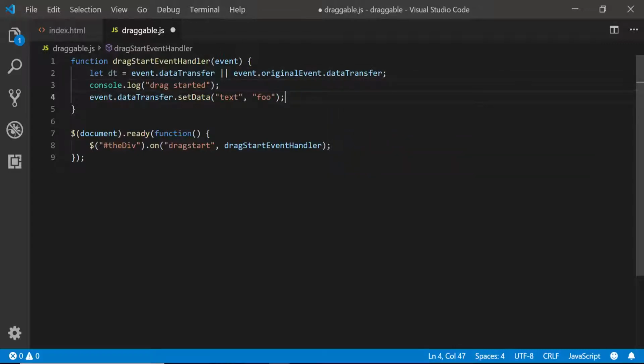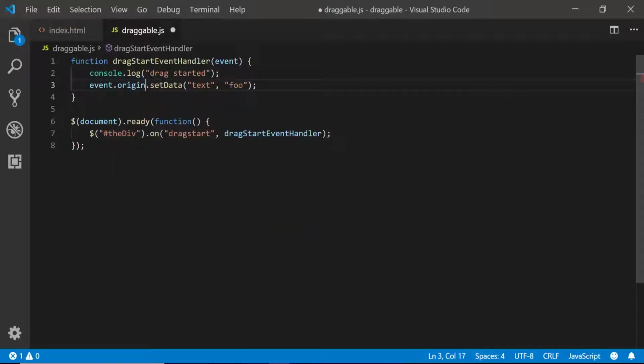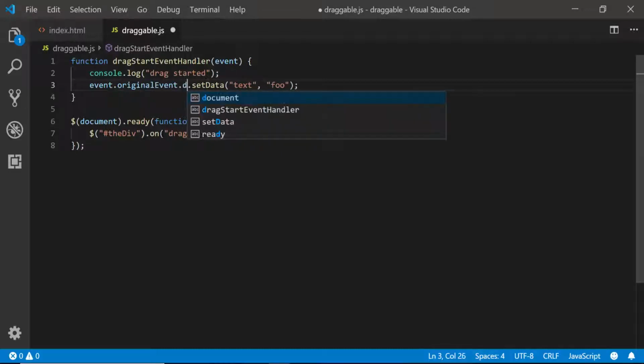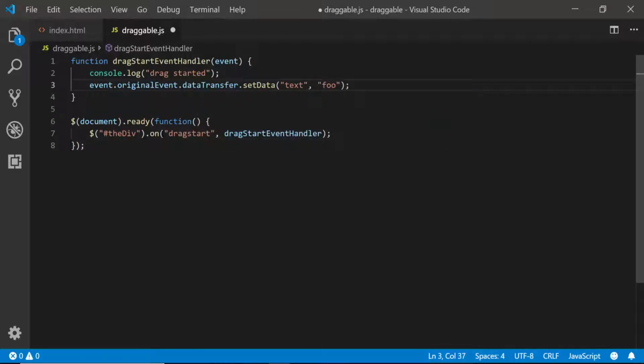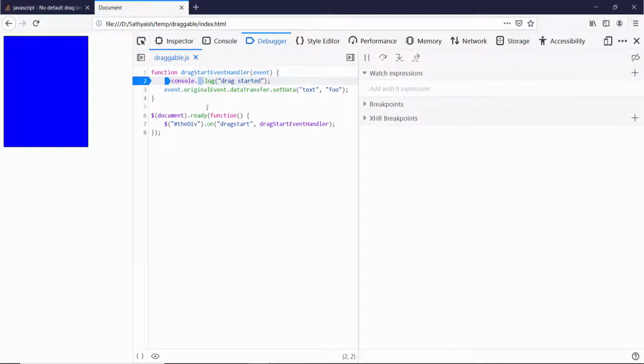One of them is definitely going to have data transfer, and if I'm using jQuery, I can actually just omit this and just write event dot original event dot data transfer. Either way it will work. Let's do both and see. Now it should work. If I did this,